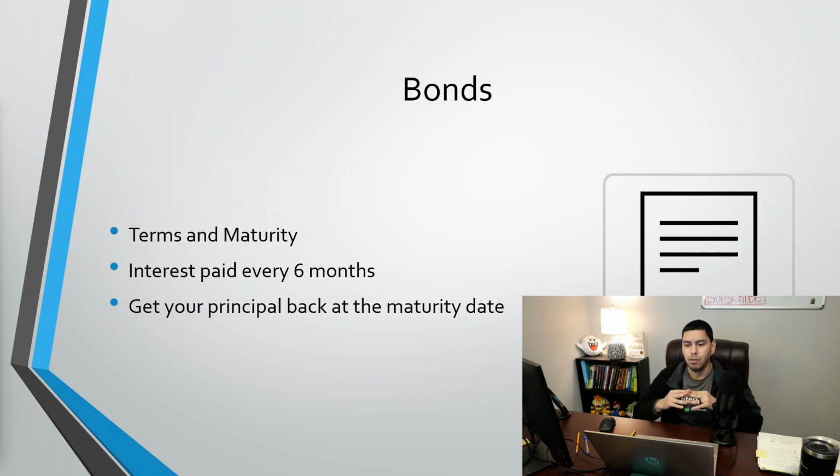So if they borrowed money from you at, say, a 5% interest rate, also known as a coupon rate, then they had to pay you 5% interest every 6 months for 10 years. And then at the end of the 10 years, called the maturity date, they would pay you back your $1,000 principal. So how much money would you make if you did that?